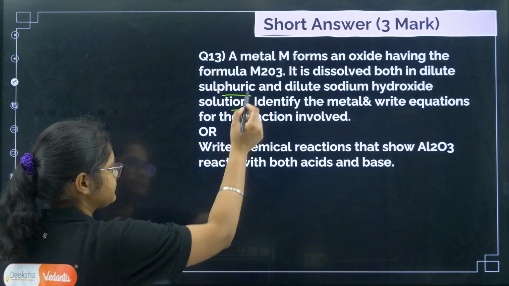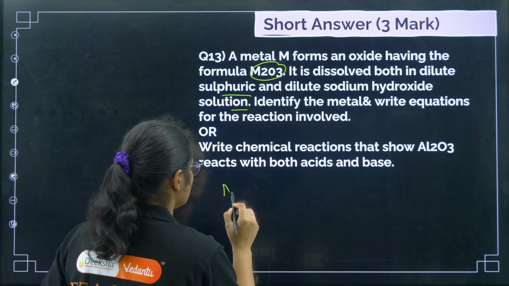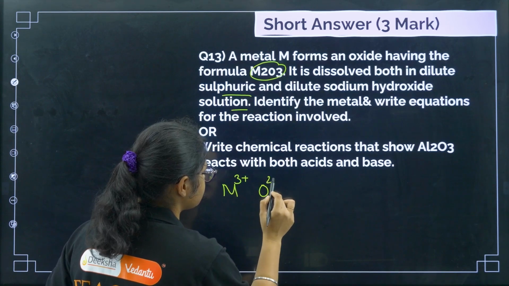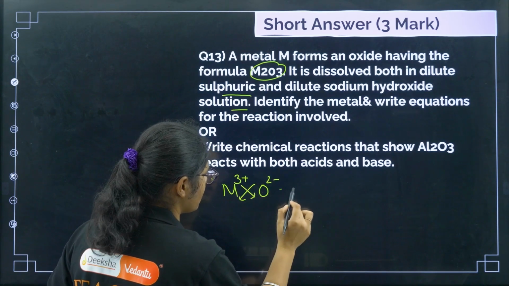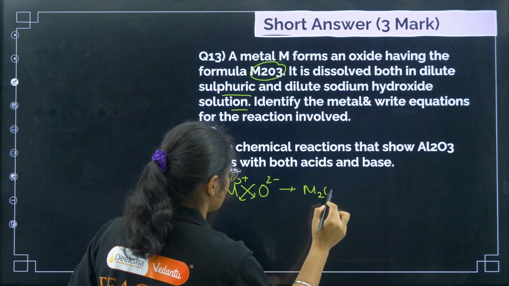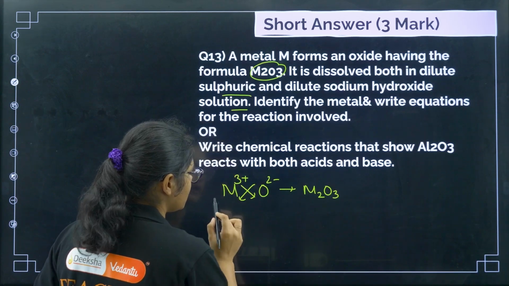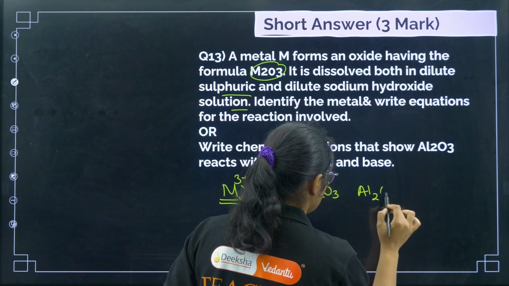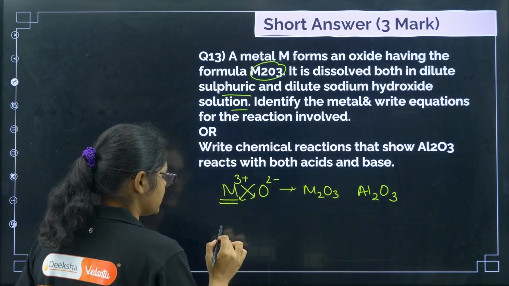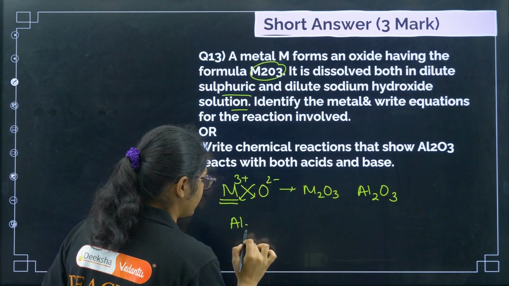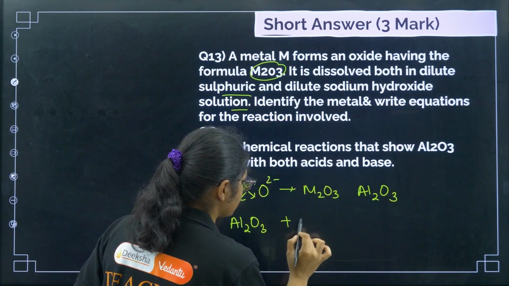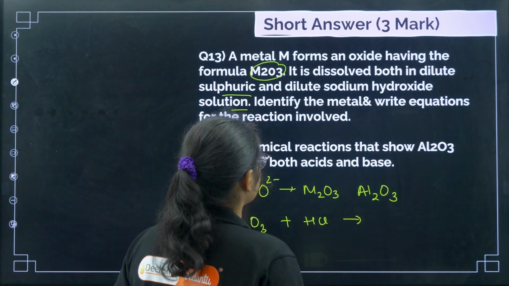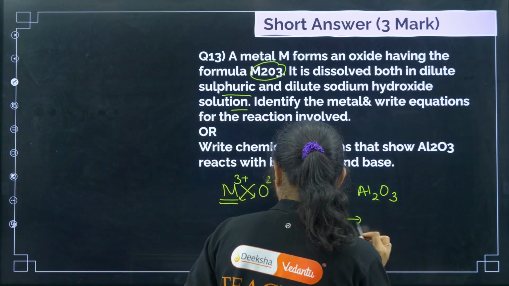So now if you see M2O3, right? So I can write that M was +3 state, oxygen must be 2- state, and then when it got crisscrossed we got M2O3, right? So any amphoteric oxide with +3 charge we know is aluminium oxide, right? And we have also written its reaction. So if you think aluminium Al2O3 reacts with HCl to give you what? It will react with this one to give you